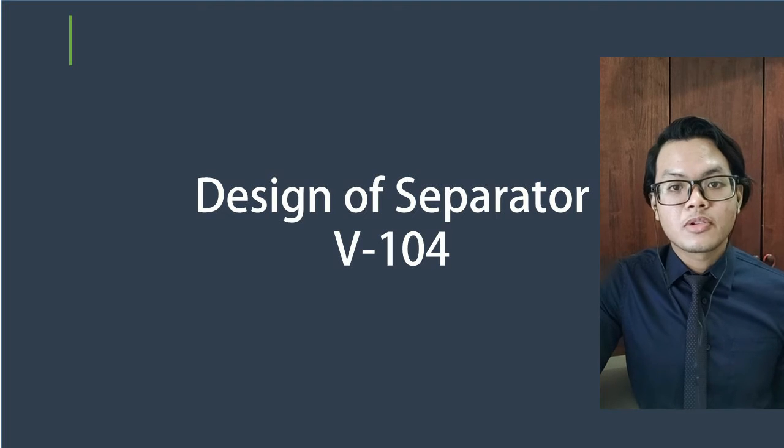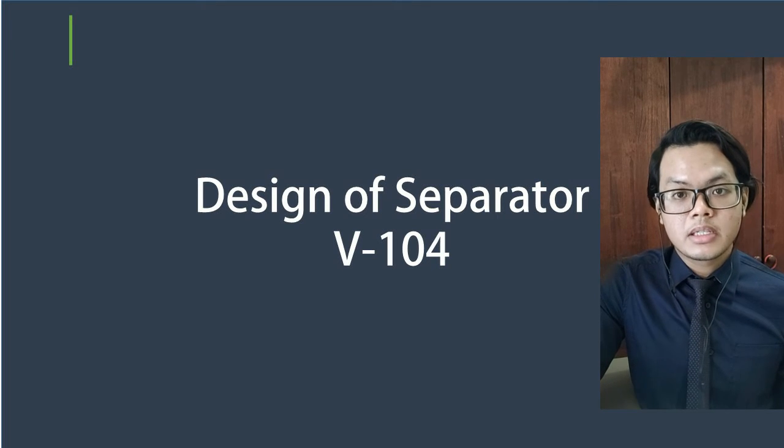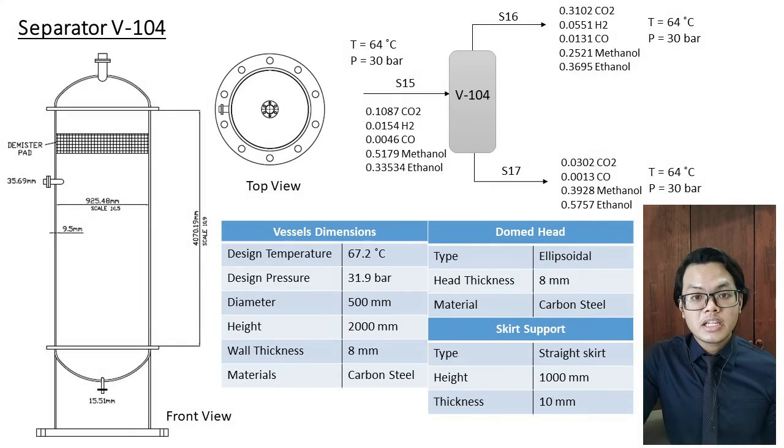Okay, now I will proceed with the design equipment for separator V104. The separator functions to separate the syngas from the alcohol, which is the ethanol and methanol. Here is the schematic diagram of the separator. The design temperature is 5% more than the operating temperature, while the design pressure is 10% more than the operating pressure for safety consideration. With a diameter of 5000 mm and height of